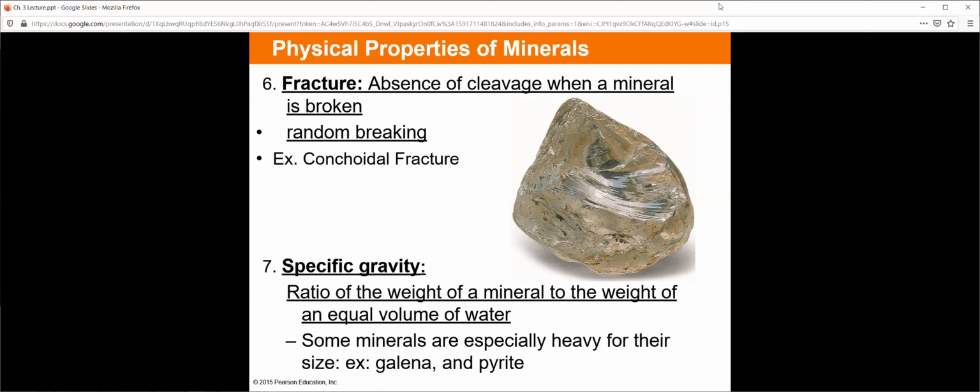Specific gravity, it's essentially how dense the rock is. Some rocks, some minerals, so I keep using rocks when I mean minerals, I apologize. Some minerals are heavier than others. Talc is very light. Pyrite is, well, pyrite's not a mineral, but talc is very light. Copper is very heavy. If you're walking around and you pick up a rock and you wonder if it has copper in it, look at the rock and feel it. Does that rock feel heavier than it looks? If it does, you probably have copper in that rock because copper is very dense, has a very high specific gravity.